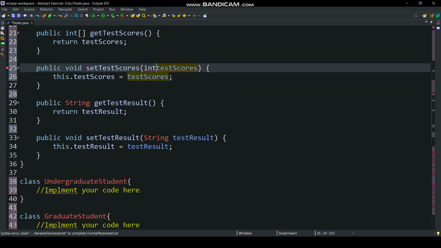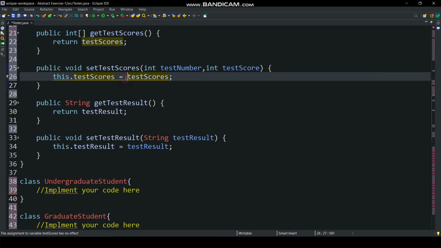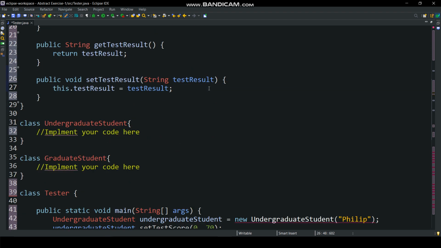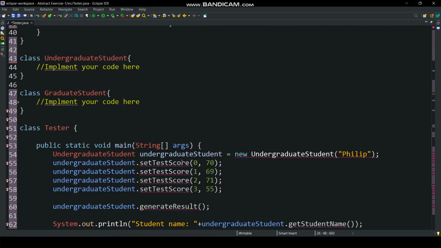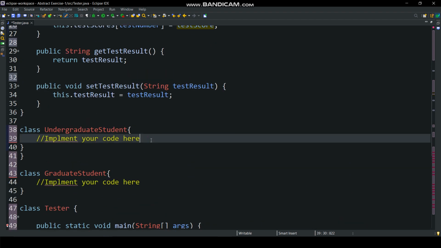But here we need to do little changes in the setter method of test score variable, because to set the value of test score variable we need these two variables. You can see how it's working in the tester class here, and student class is complete.